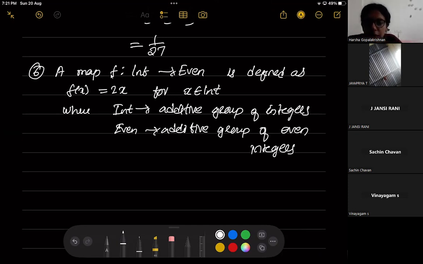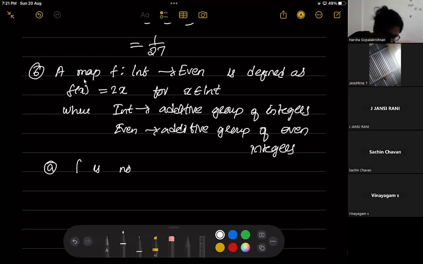The map is given from int to even. Int means set of all integers under the operation addition. Again, even means set of all even integers under the operation addition. And the function is given as f of x equal to 2x. So the options are: f is not 1-1,